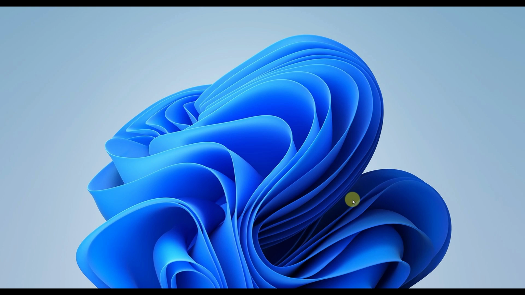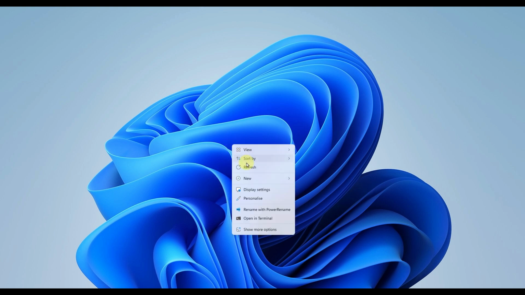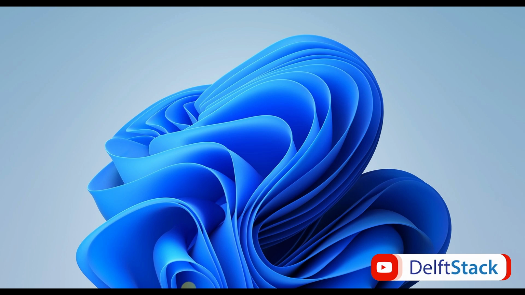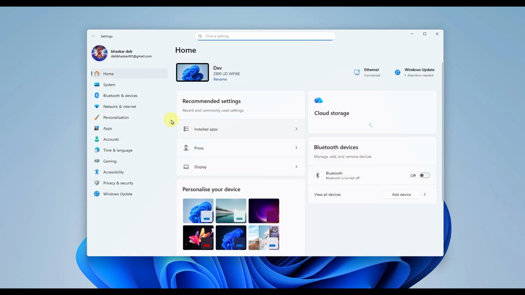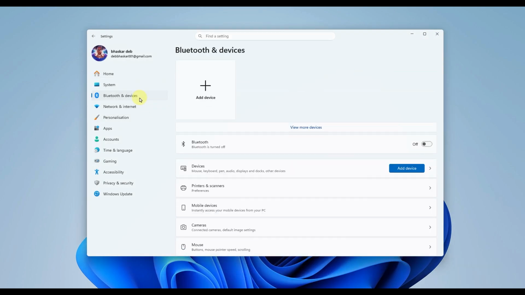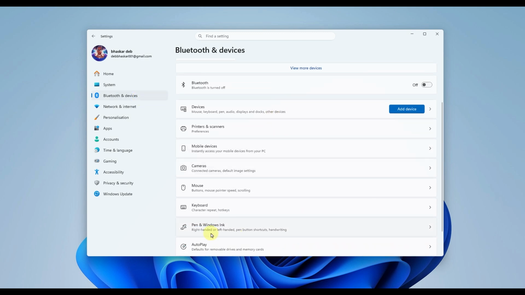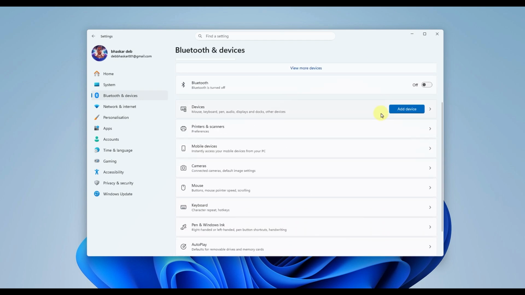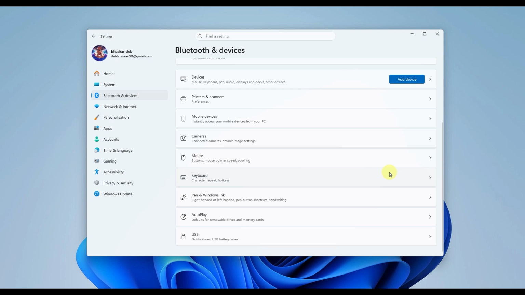Next, if you are using a laptop with an external mouse, your built-in touchpad or touch screen might be registering phantom inputs and fighting for control. Open your Windows settings, navigate to Bluetooth and Devices on the left sidebar, and click on Touchpad. Toggle the main switch to off or expand the menu and uncheck the box for Leave Touchpad on when a